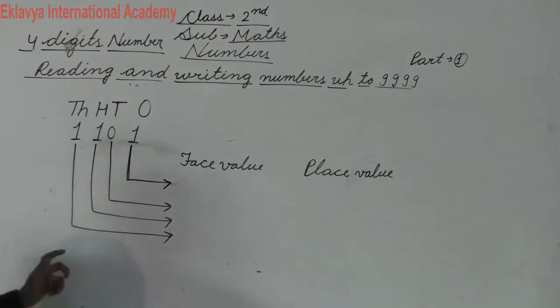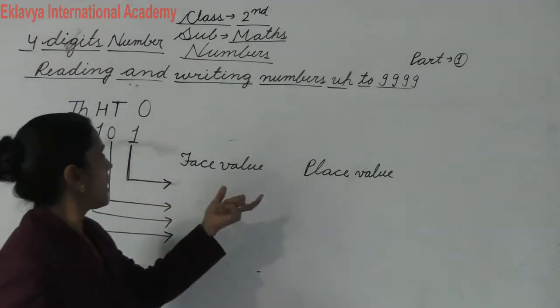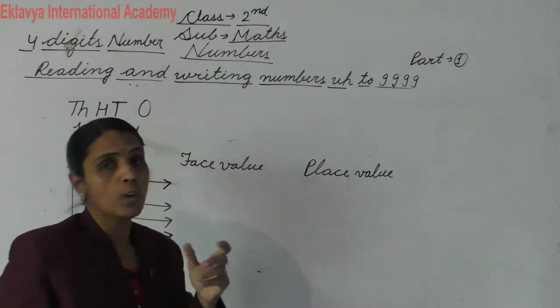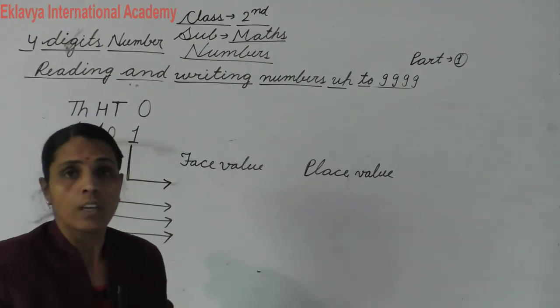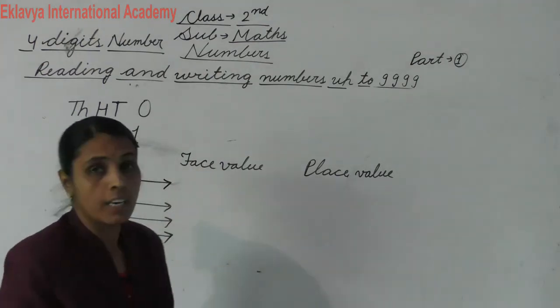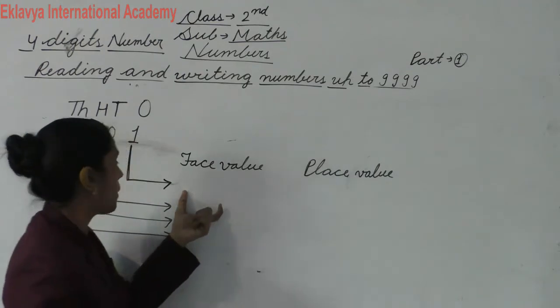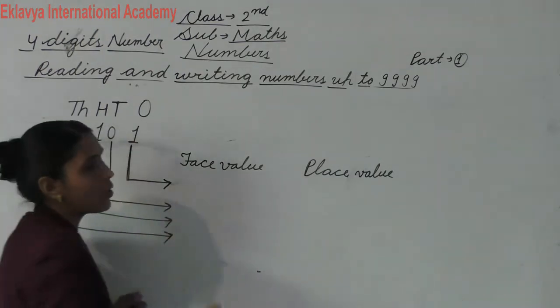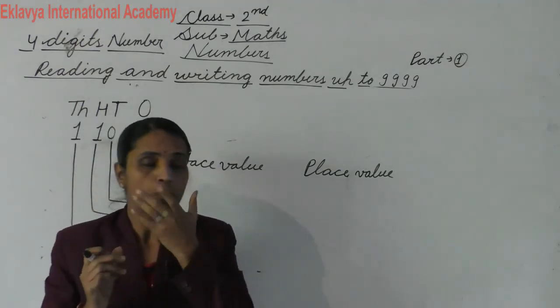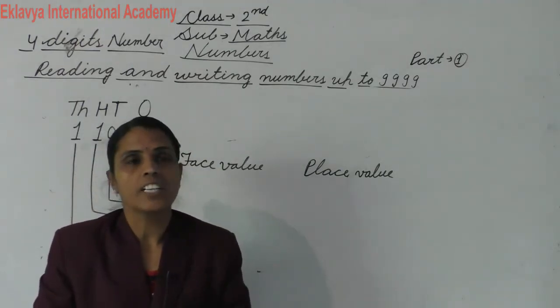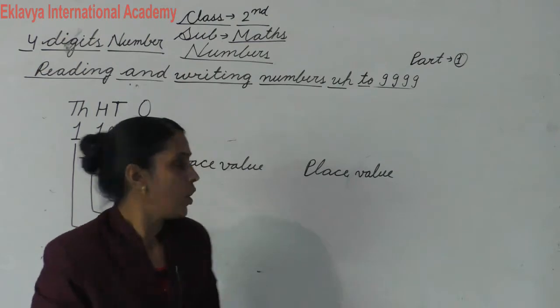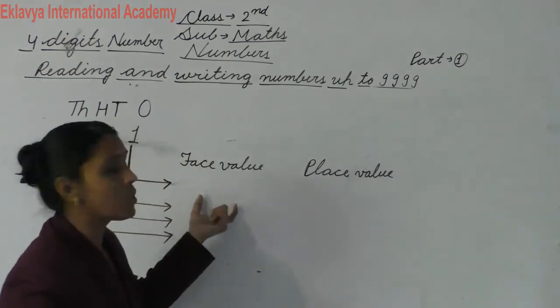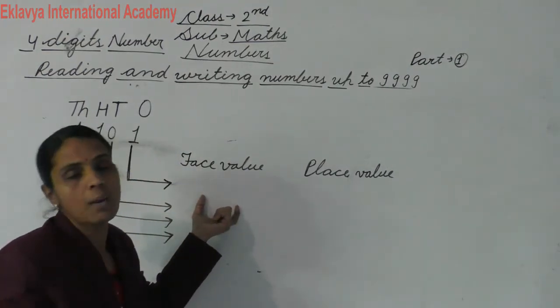Yes, beta. In our previous lecture, I told you about face value and place value while solving chapter 1. Today I am telling again what is the face value of 1. I told you about face, we can't change it. हम चेंज नहीं कर सकते फेस को, सबको पता है. तो फेस वैल्यू ऑलवेज लुक सेम, वो हमेशा सेम ही दिखती है.